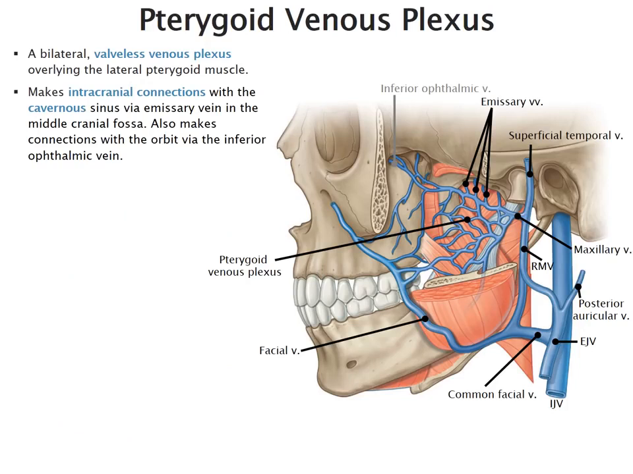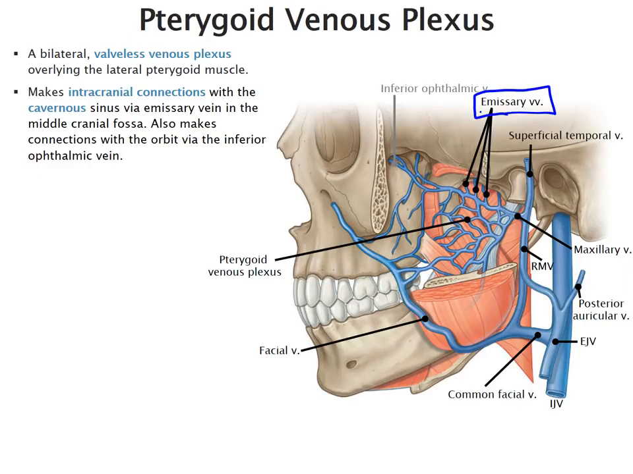The venous drainage of the infratemporal fossa is by route of the pterygoid venous plexus. This plexus exists bilaterally and it overlies the individual lateral pterygoid muscles. The pterygoid venous plexus, along with the ophthalmic veins, maintain direct connections with the cavernous sinus in the middle cranial fossa. These connections to the cranial cavity through the emissary veins means that infections which are extracranial can spread intracranially